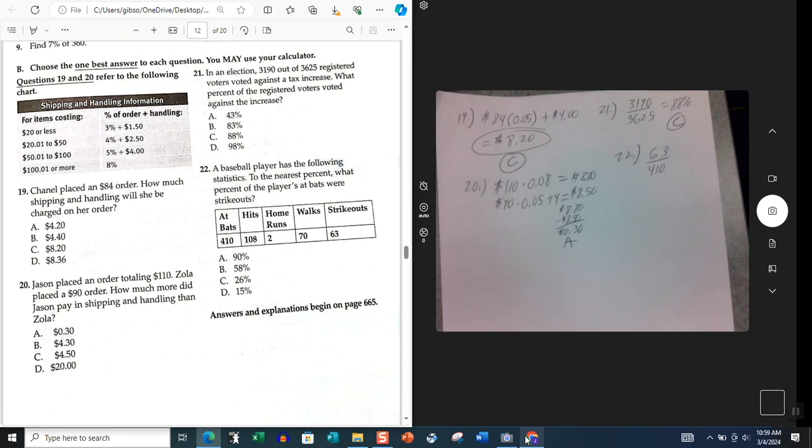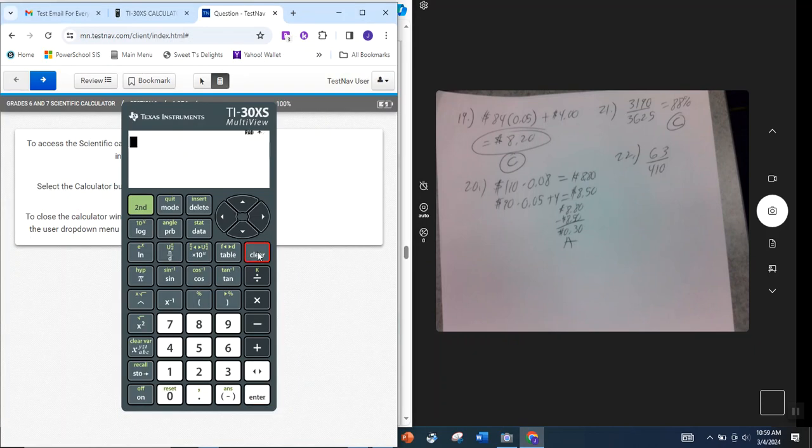So we would go here to our calculator. We would take the fraction, 63. The bottom we'll type in 410. And since we want our final answer to be a percent, press the right arrow, then second and a close parenthesis, and press